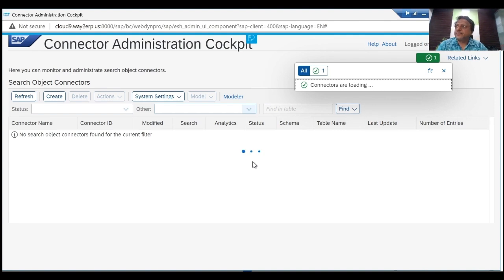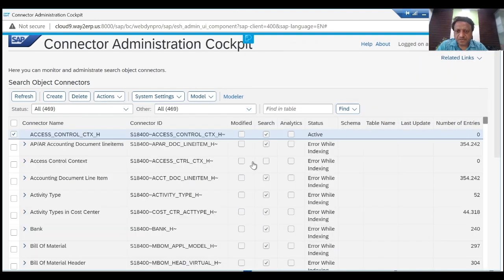So here usually we need to first ensure that the template connector, which is material, has all the necessary search fields,